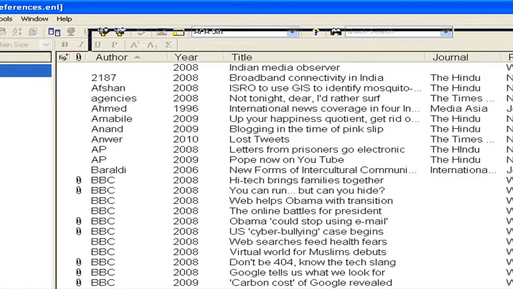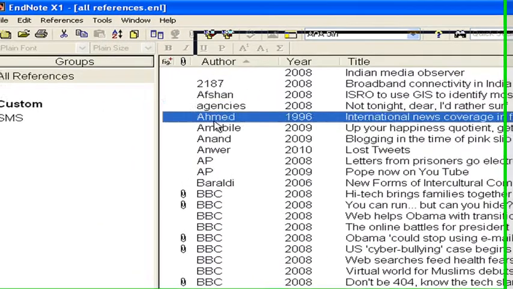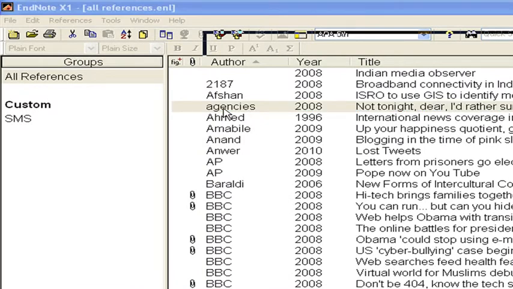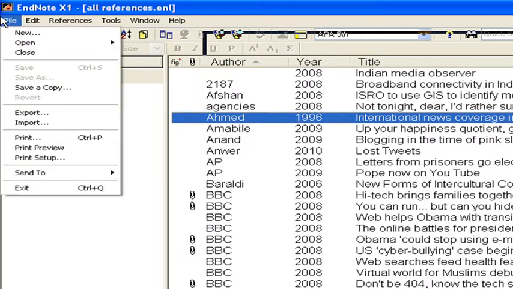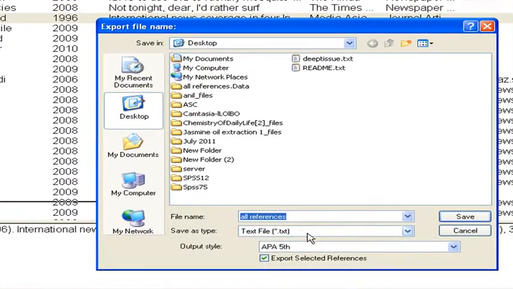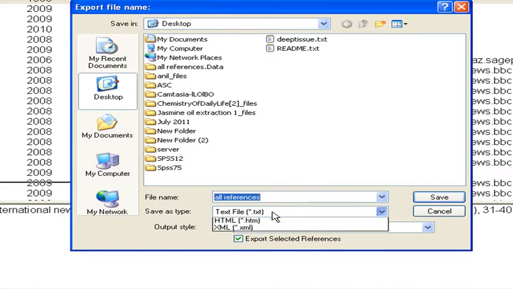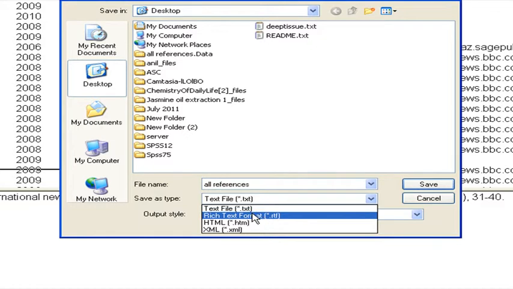Okay, if we want to export this EndNote library, then we can go to file and export, and these are the file types. I can export it to MS Word by using this rich text format.